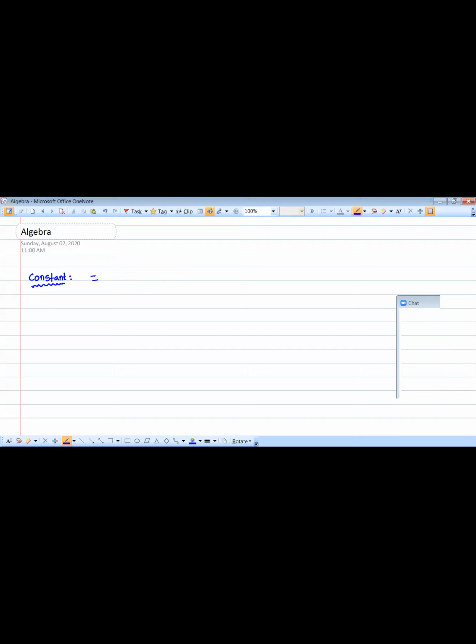It is a fixed numerical value. So it is a fixed numerical value. For example,